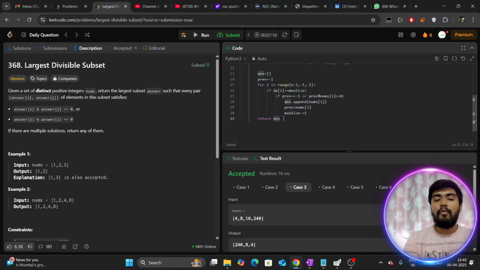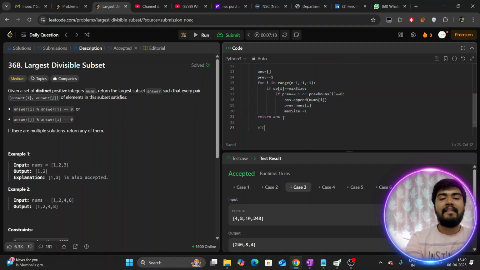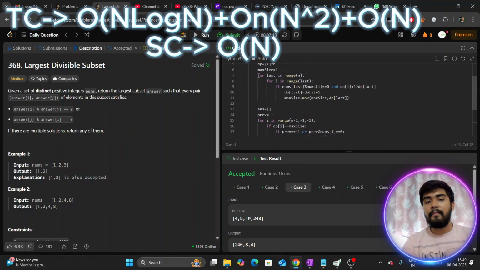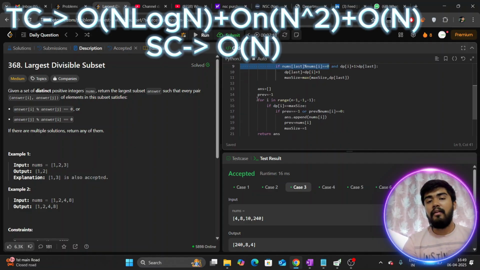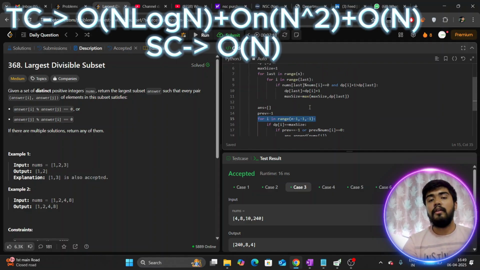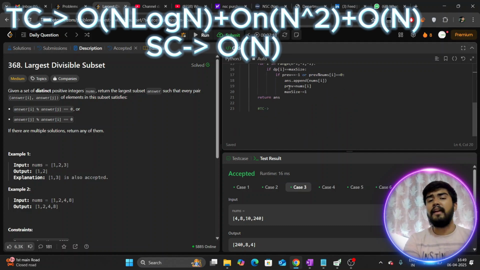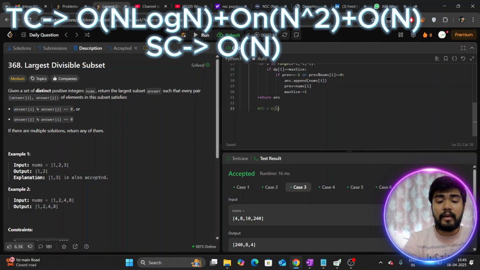Now let's quickly do the time and space complexity analysis, but I am pretty sure you are already able to pinpoint the time complexity. Please take care of every operation you have done and write your time complexity in this order. First you are sorting with nums.sort, which is O(n log n). Then you are doing O(n squared)